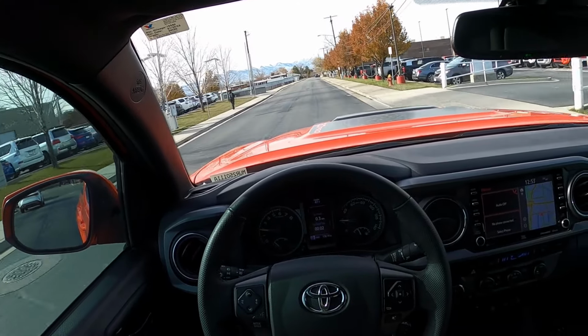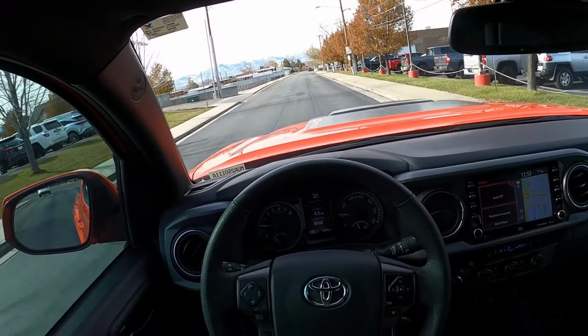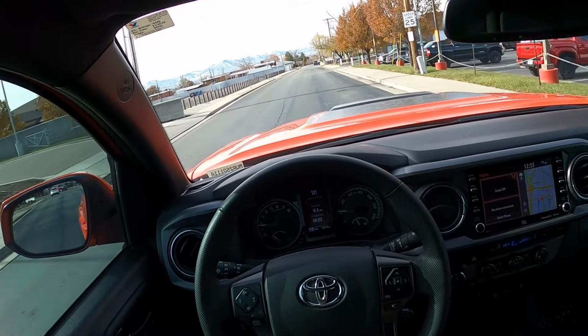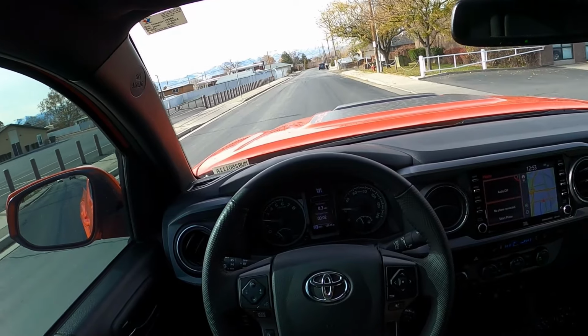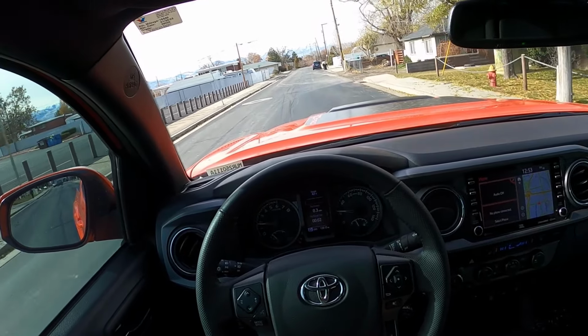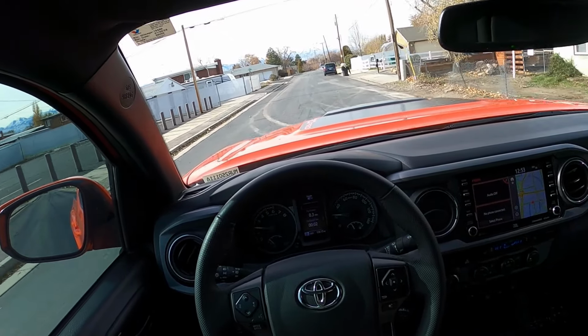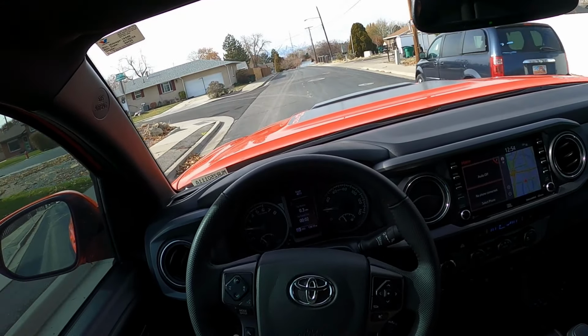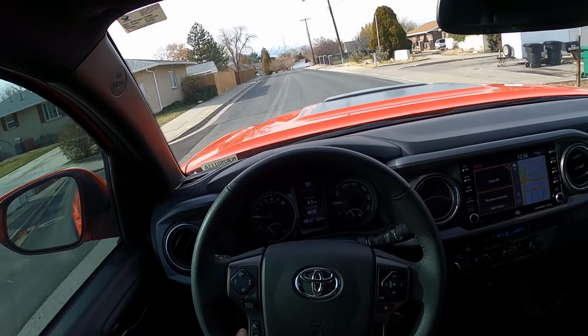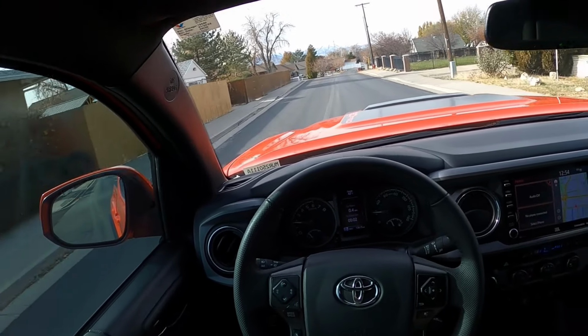But yeah, you get into this generation of Toyota, whether it's a 4Runner, a Land Cruiser, a Tundra, Tacoma, and it just drives like a tank. Feels solid, feels well built. Really, the biggest downside with this generation of all these Toyota trucks is, wow, that was